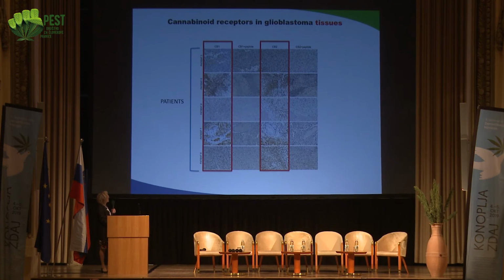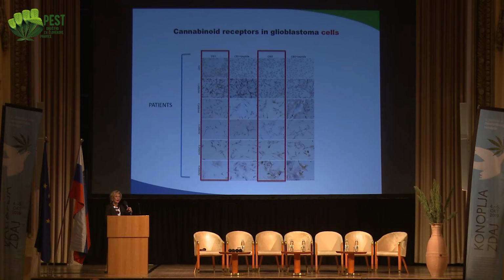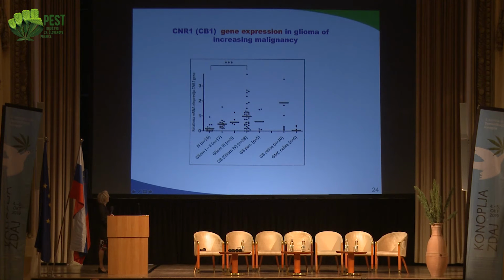We have collected cells and we have collected tissues, so as to have larger statistical data to correlate with the genetics of this patient, of this particular tumor. We have also analyzed the expression of receptors, for example the CB1 receptor, in different stages of malignancy of glioma. Glioma can have different stages, from less aggressive, less malignant, to highly malignant glioblastoma. Glioblastoma is the most malignant stage of glioma.